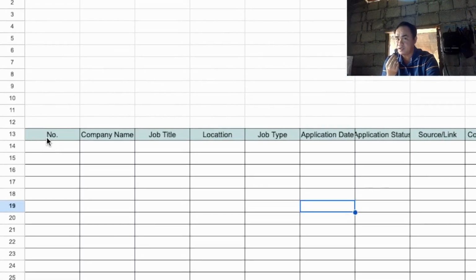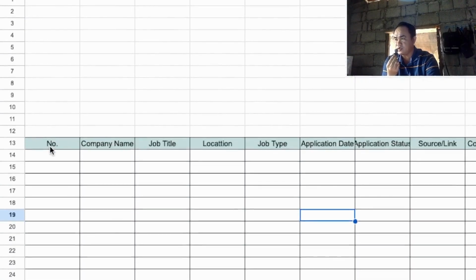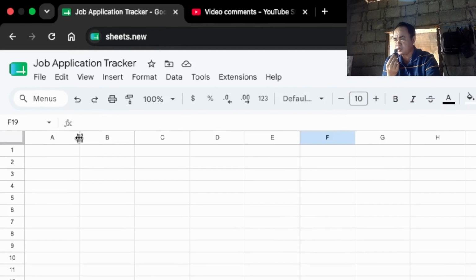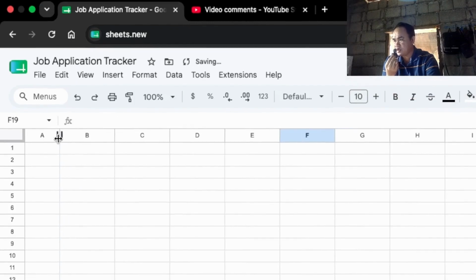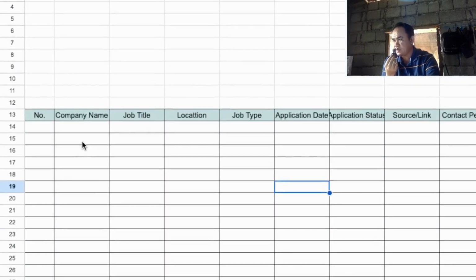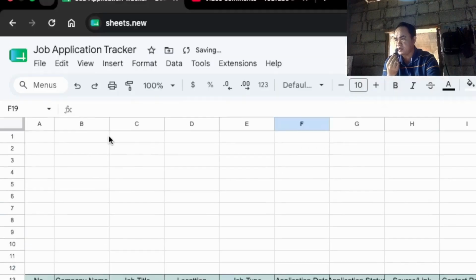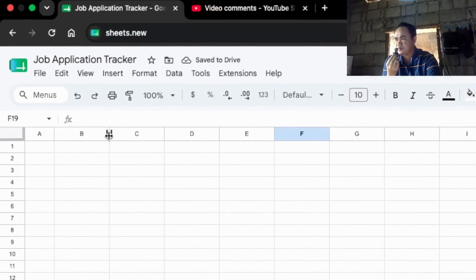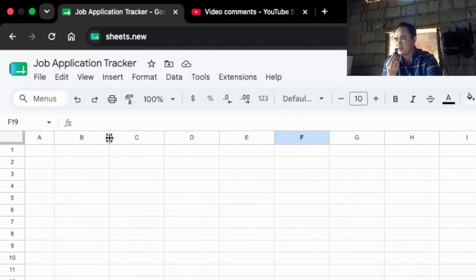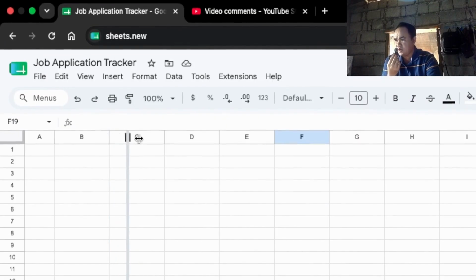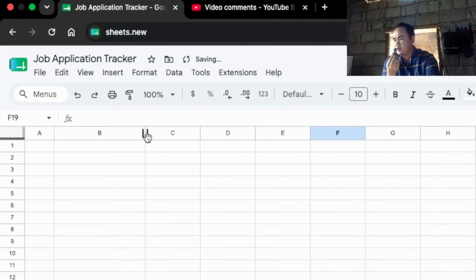Let's start adjusting the number column. This is just 1, 2, 3, 4, so let's make it shorter. The company name is a bit long, so we just have to adjust the width higher.